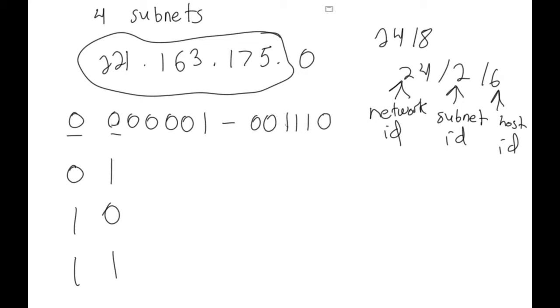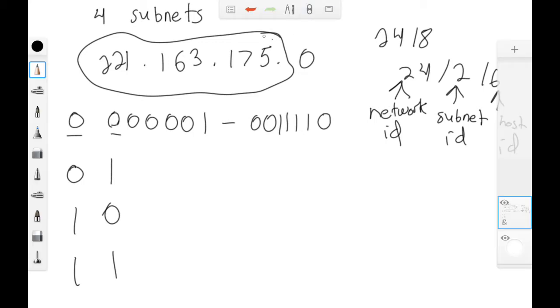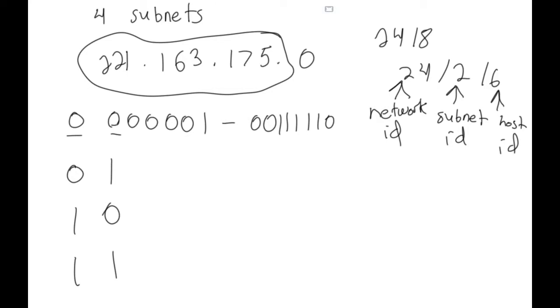0, 0, 1, 1. Trying to get to 8 here. Wait a sec. There we go. That's better. Yeah, 1, 1, 0. So this is the host part of the IP address. So it actually goes from 0, 0, 0, 0, 1 through all this, except that this last digit is a